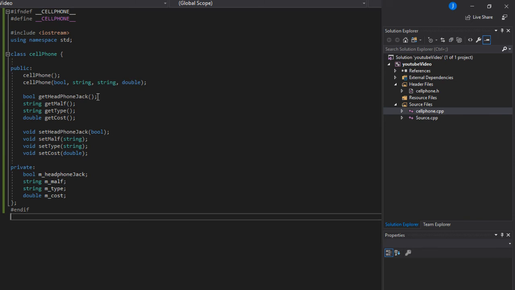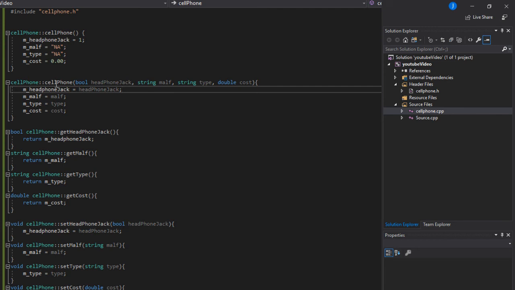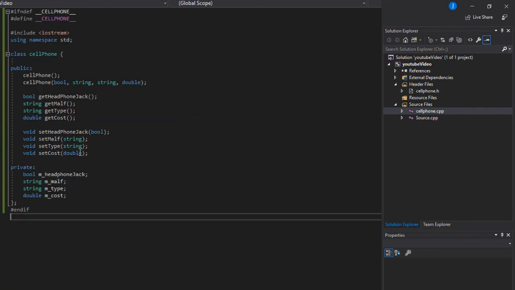So that is all that's to it to create a class object in C++, at least get it started. There's a whole bunch you can do with this: encapsulation, inheritance, and polymorphism. They are all OOP principles. You can write these differently. You don't even have to have a body. You can append it to the method itself, which we can look at in a later video. But that is all that is to it to get a class up and going